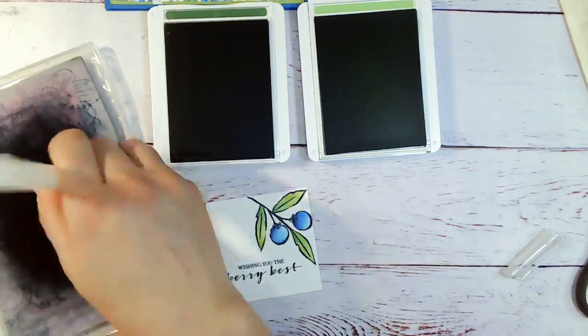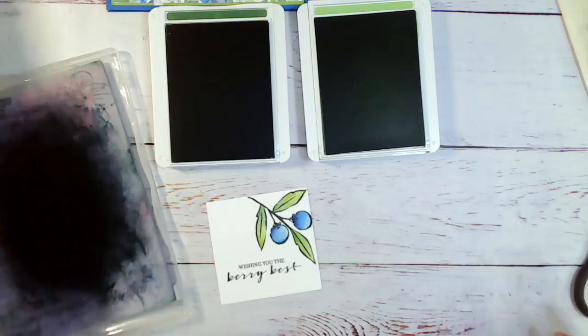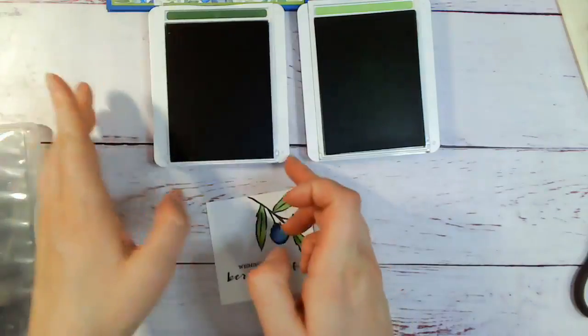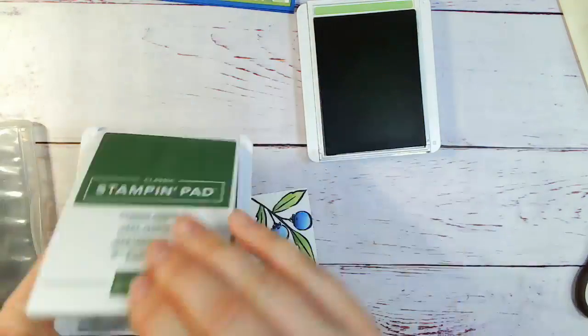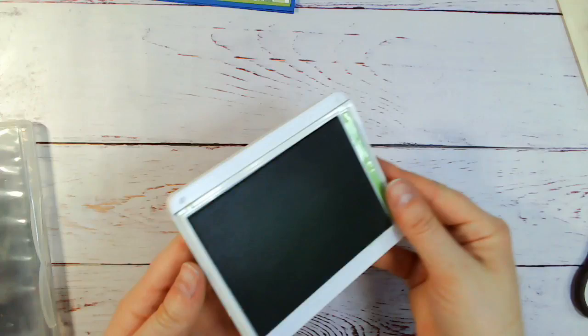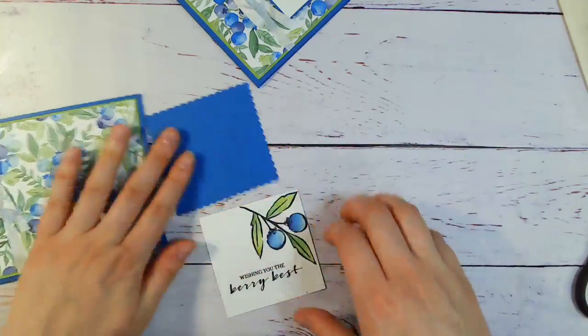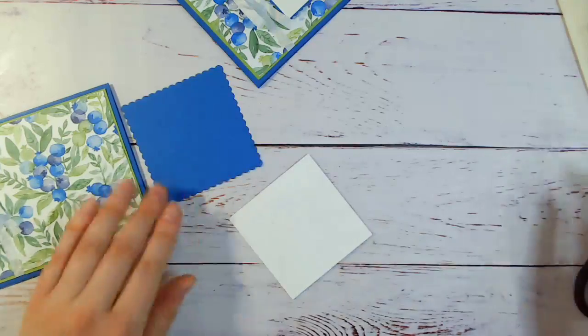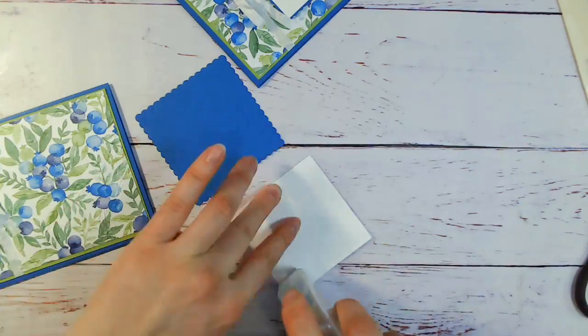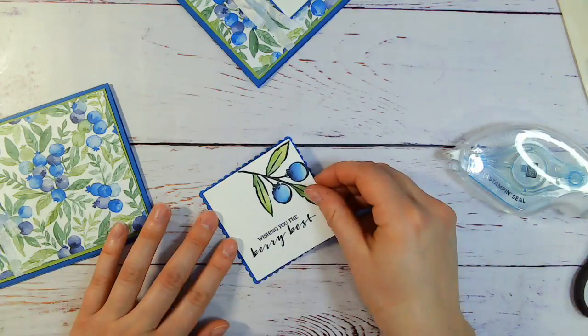So I'm done with the green. So again, I'm just going to clean it off in my chamois, and then I'm done. So these water brush or water painters are amazing. I do love them for coloring. So I'm just going to put my ink pads away here, and I'll show you how to finish this card up. So now I'm going to flip it over, and I'm going to use my stamp and seal, and I'm going to attach it to my scalloped square,